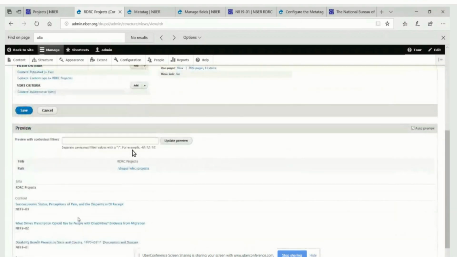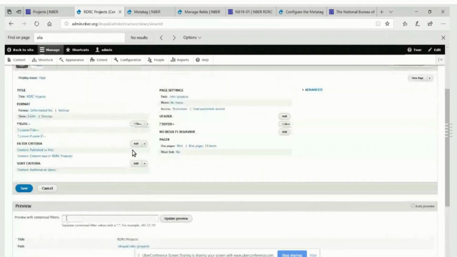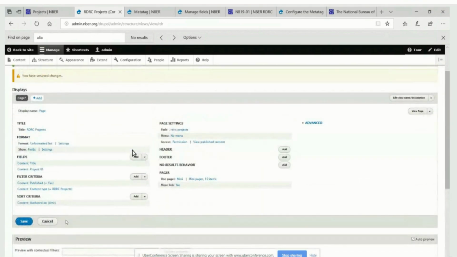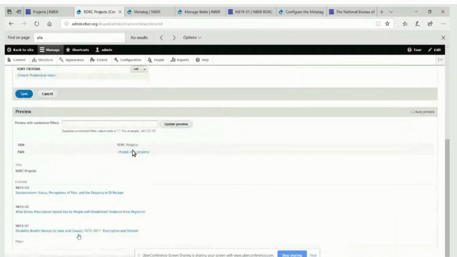Now this is how it's going to look. You're going to have the title that links to the content, and then you're going to have the ID below it. Can I get this above it? Yep, you can. Scroll up a little bit, and then to the right of fields where that arrow is, click on the arrow next to add. Click rearrange. And then you can move project ID above title. And then you can click apply. And if you save that,